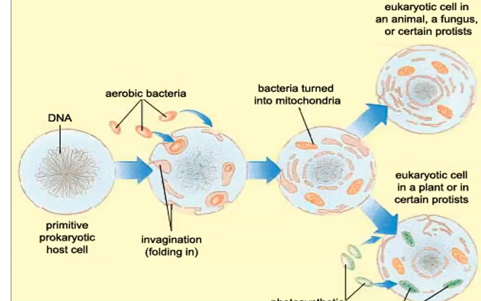So here is a picture of what scientists believe occurred. So you have the primitive prokaryotic host cell, you have some aerobic bacteria, and so that aerobic bacteria started living inside of that primitive prokaryotic host cell. Over time, the bacteria turned into the mitochondria, and then this cell arose to eukaryotic cells in animals, fungus, and then also it led to eukaryotic cells that are found in plants and in protists, because you had some